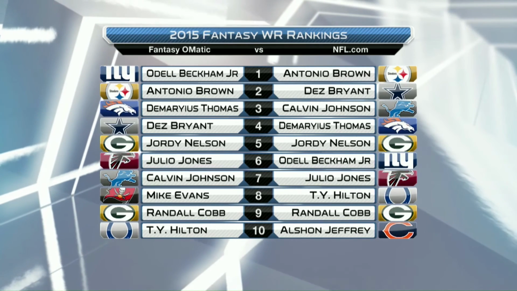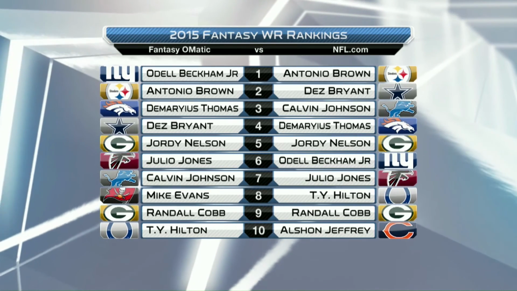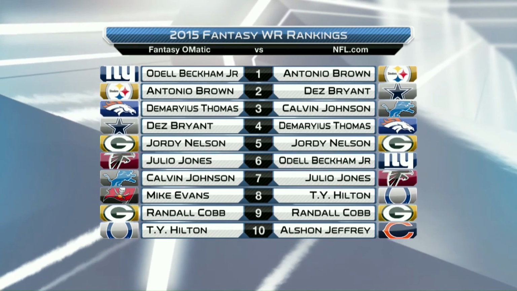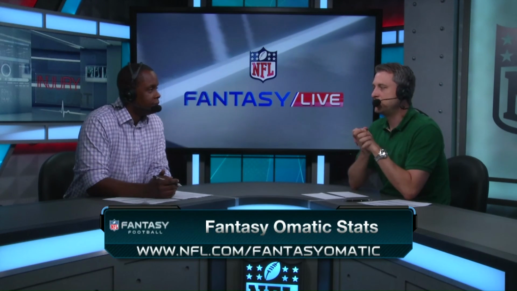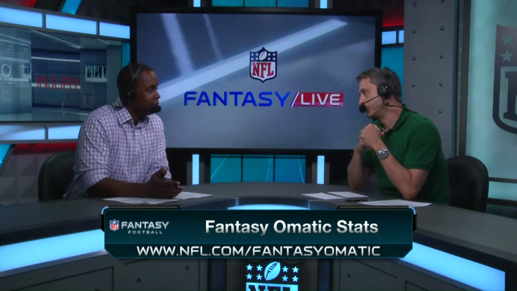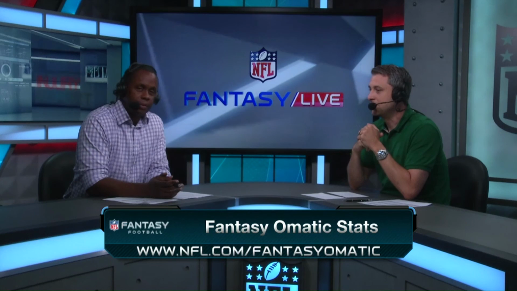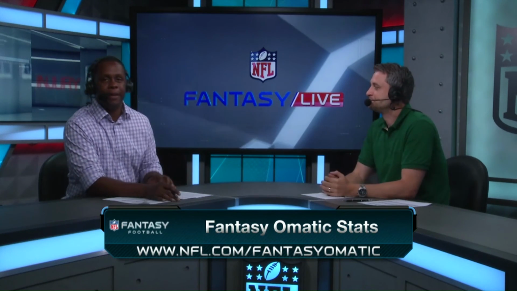They even have Mike Evans at number 8 there. So another guy that you might sleep on. The rest of your fantasy courts might be sleeping on Mike Evans. He's number 8, but Odell Beckham Jr. number 1 on the fantasy algorithm. So while some of the other guys in your league might not be buying the hype and kind of lying in the weeds a little bit, you can snatch up OBJ a little bit later and then know that you'll have the number 1 receiver heading in this year based on the O-Matic algorithm. That is not a bad thing to handle.